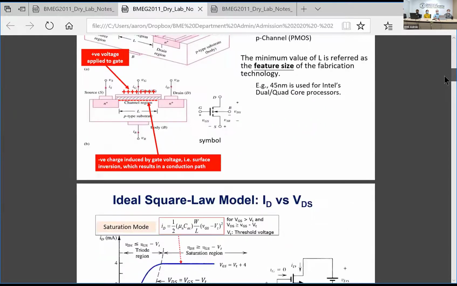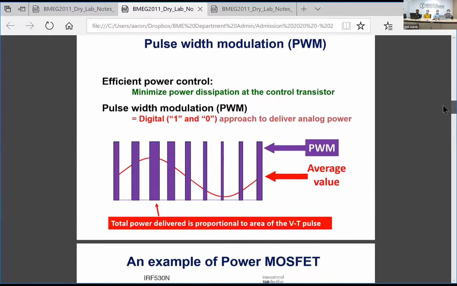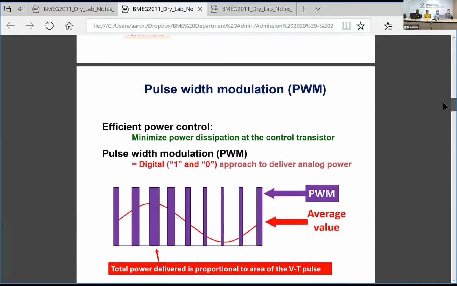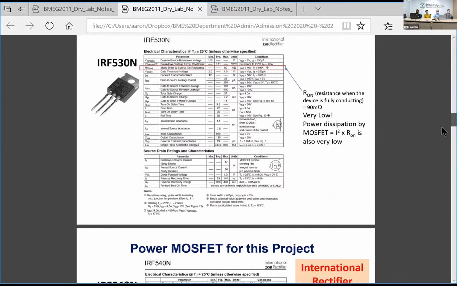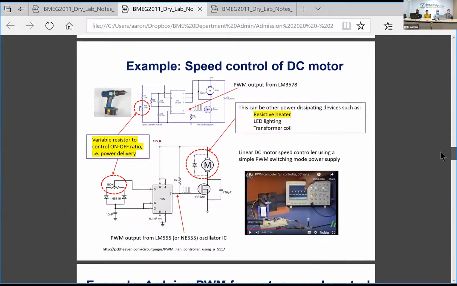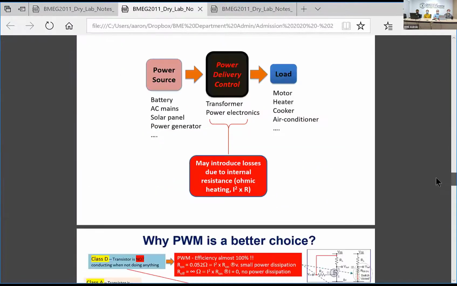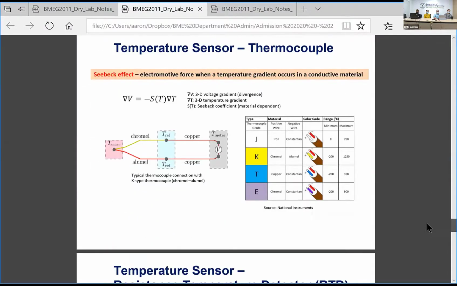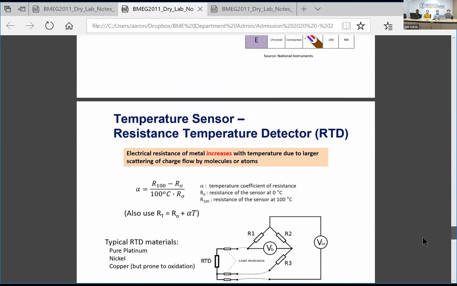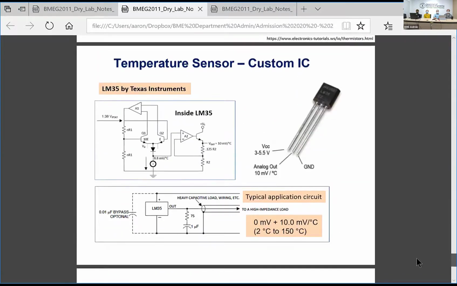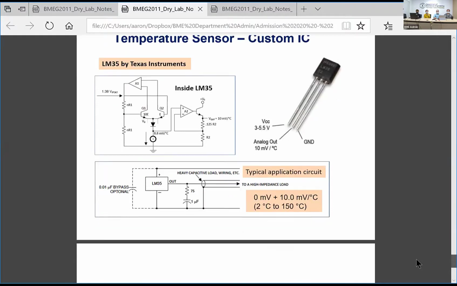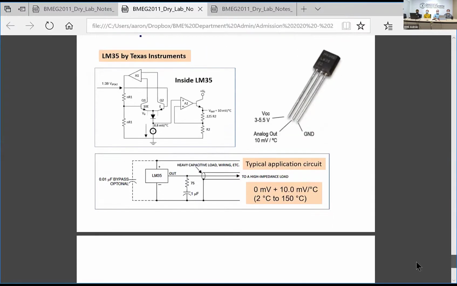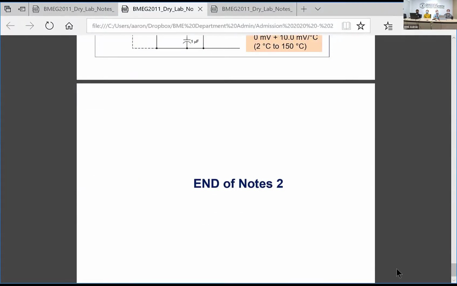I'll tell them what semiconductor devices are, what we call pulse width modulation for controlling power, the devices involved, examples of using such techniques, some of the circuits involved, and also the temperature sensor called a thermocouple, and so on. So students learn the physics, the actual devices and their characteristics. And then with that knowledge, they go off and find their own plan and work at their own pace to